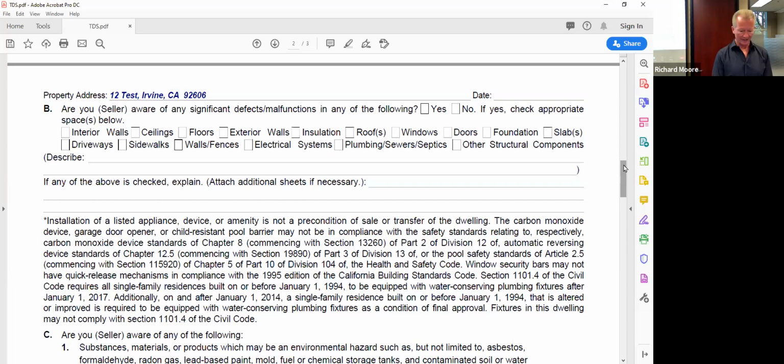And then how about relocation companies? So if the relo company bought the property from the seller, what's the obligation? Relo companies have no exemption from providing a TDS. So what should be taking place, if you're a listing agent, you probably have worked with the person who actually owned the property before it was acquired by the relo company. You should acquire all the disclosures signed by that seller that should be attached to the relo company's disclosures to